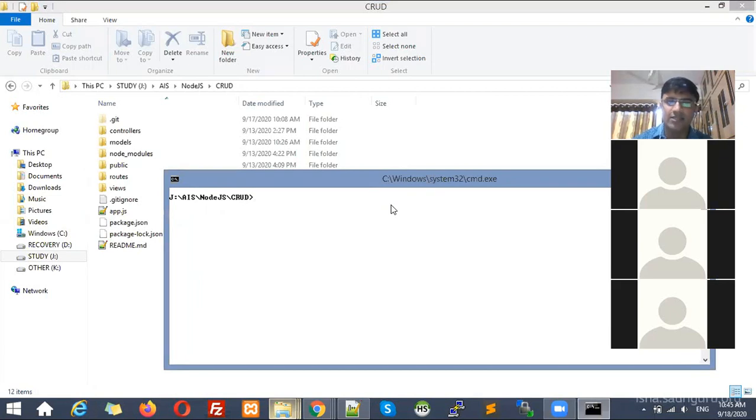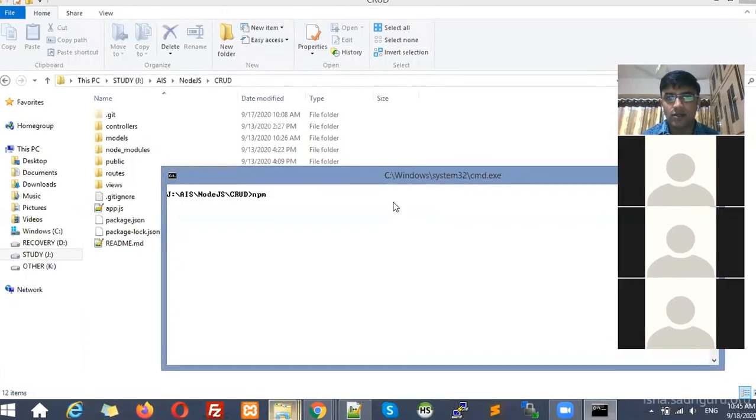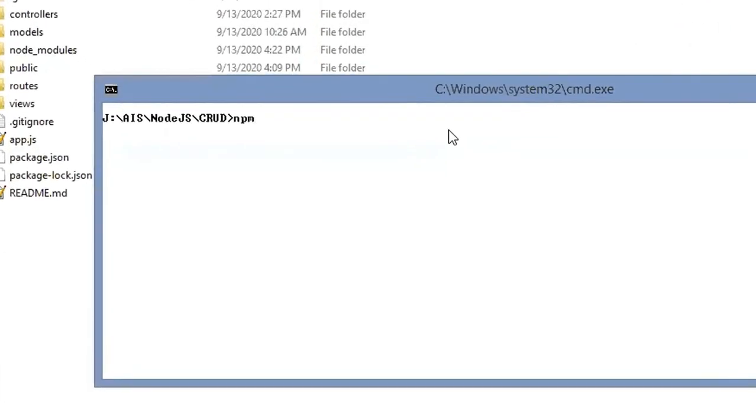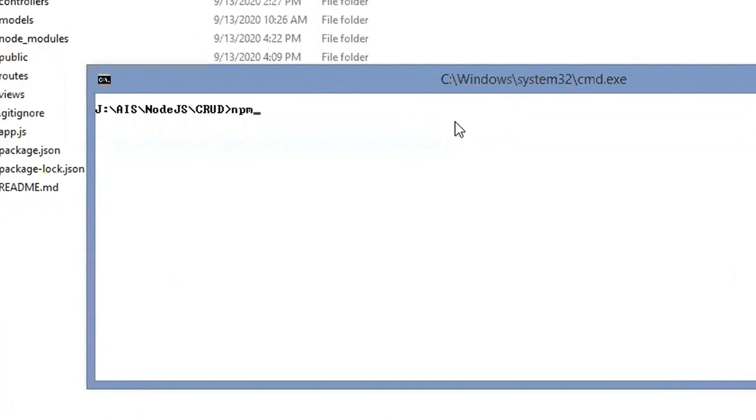So to execute this project, first of all, you require two pieces of software, that is npm and Node. After installation, if you want to verify the version and whether it is installed correctly, you can type npm -v. It will show the version number of npm. Here you can see that it is 6.14.4. This is the version of npm that I have installed on this system. If you are getting this message, that means your npm is working correctly.